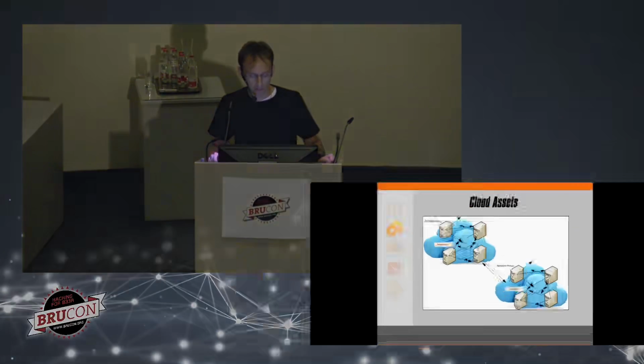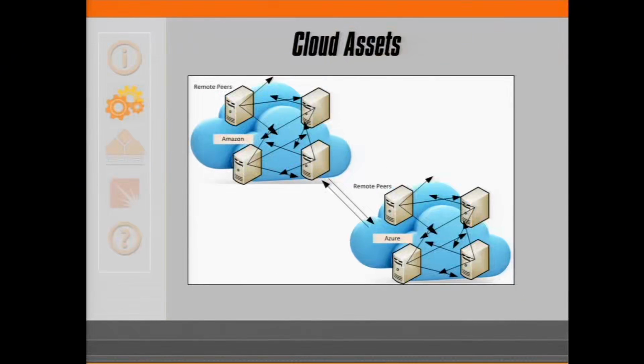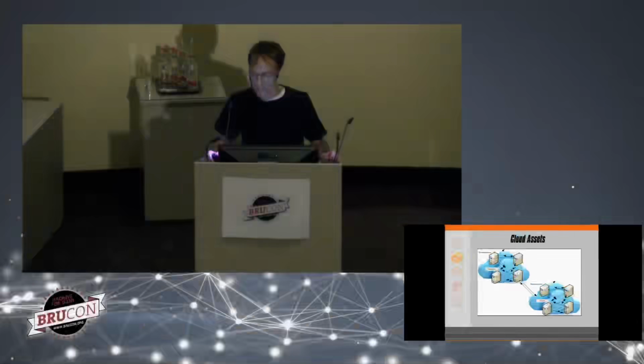All right, we have varying degrees of trust with different organizations. Cloud assets, we have remote peering within an Amazon cloud, and actually the demo is very much like this. Remote peers within the Amazon cloud, we have remote peers in the Azure cloud, all remotely peered there, and then of course a two-way remote peering between the clouds to propagate events, and once again a bit of a federation there. So there's lots of different possibilities,